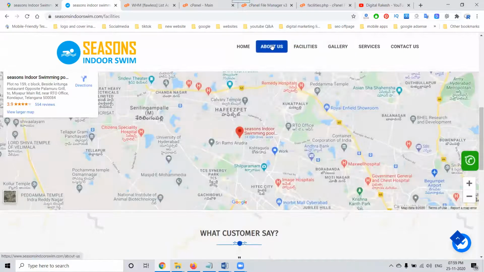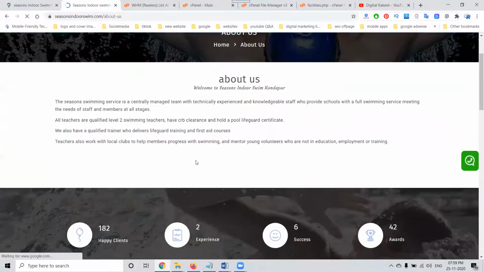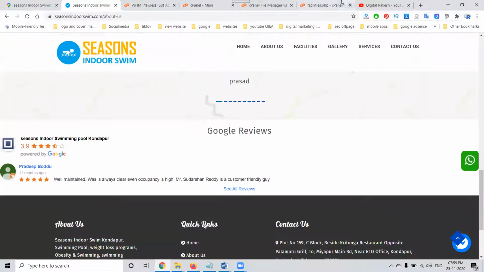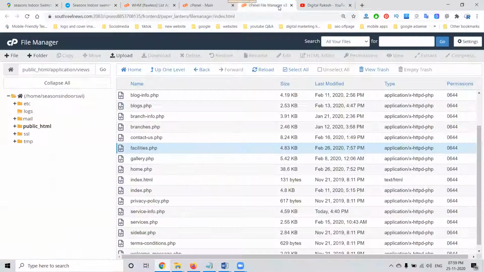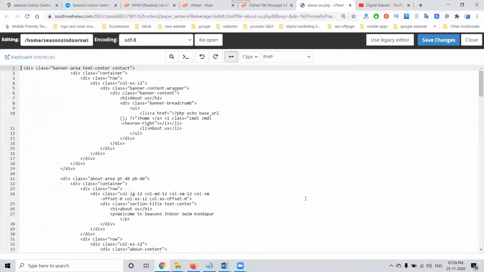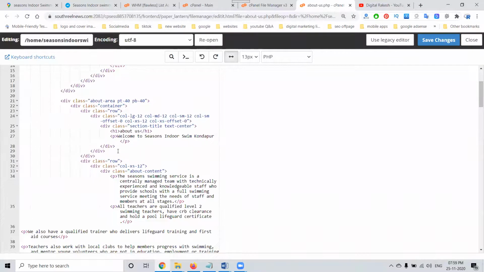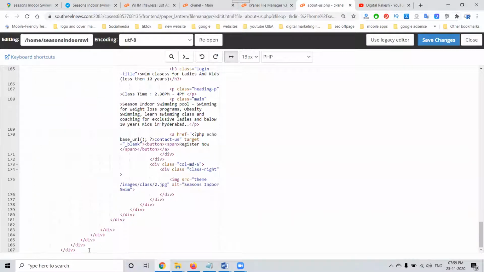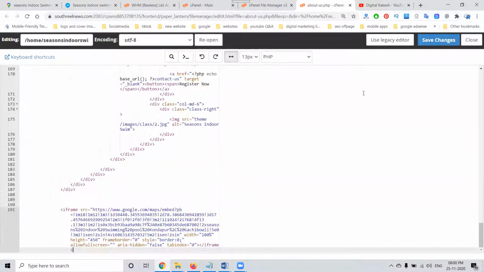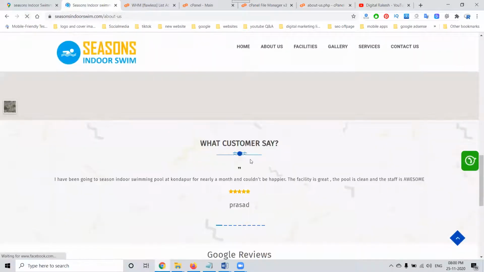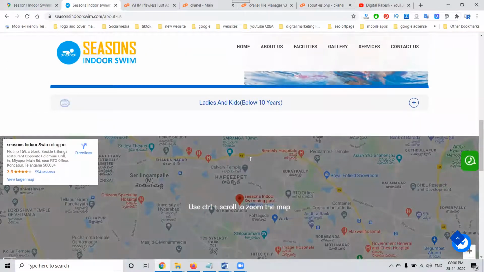So whatever pages you want to add the option to, we can add the particular things here. So here everything will be ready. The simple option: just open your page and update the code. This will be done by developers, but your task is to generate the code and give it to the developer. At the end of the page, you can give this and update the code. So finally, the map will be updated on the particular about us page.